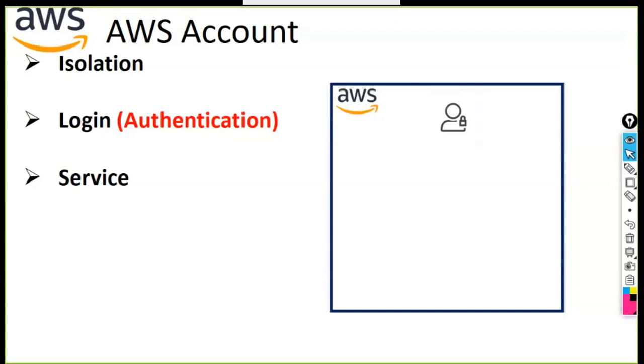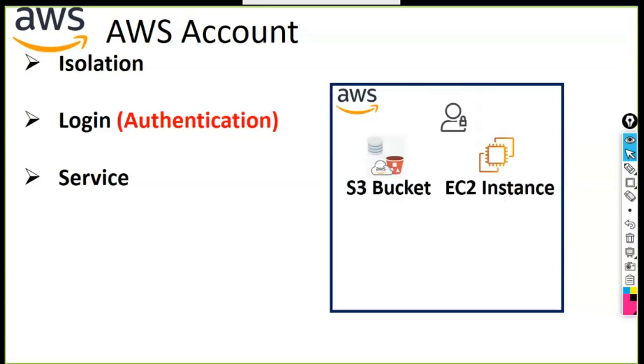So AWS has some set of services in it, like for example S3 bucket, or we might have an EC2 instance to be spun up. These are some of the frequently used services I'm talking about. S3 bucket is the place where you store your files or images. To explain in a layman's understanding, it's a storage where you save some of your files or images in the S3 bucket.